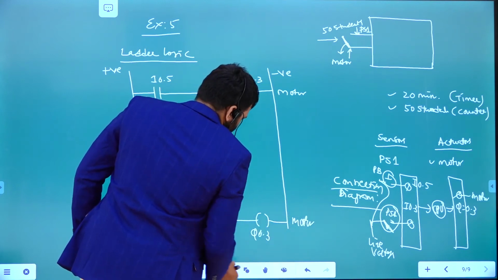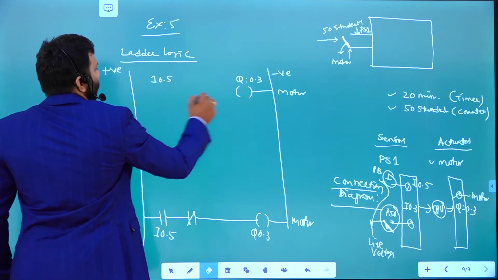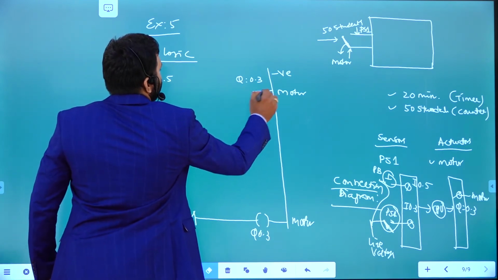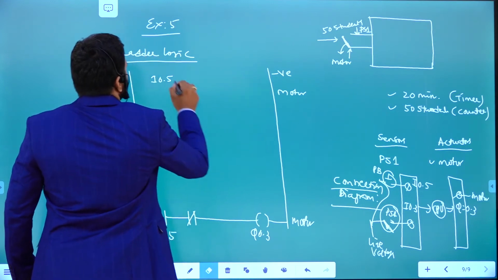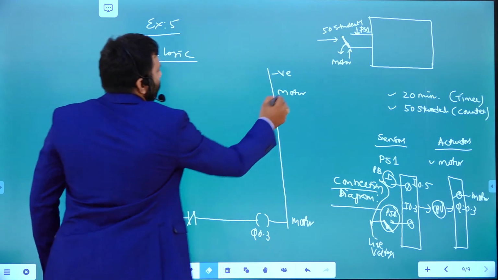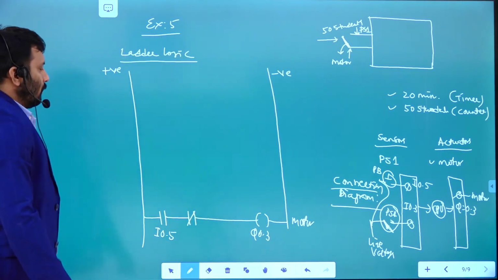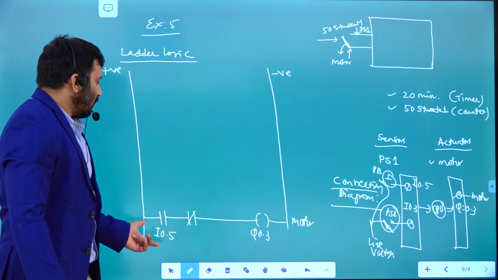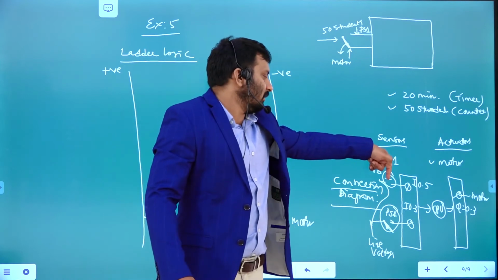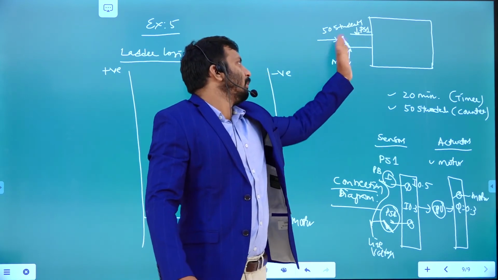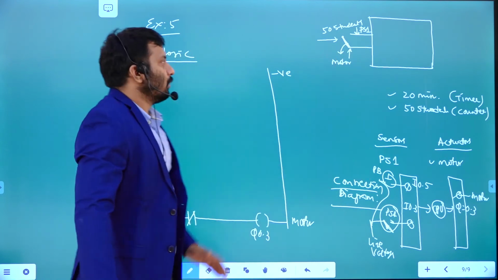Anyway you have written it here, so there is no need to write it again. You see now, initially the motor is in the on condition only. Whenever you push this button, it is going to turn on the motor and open the door.